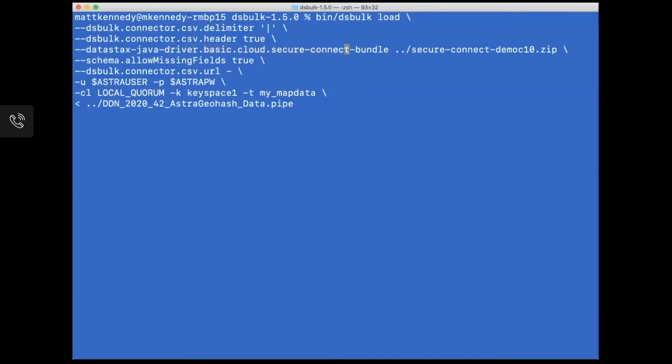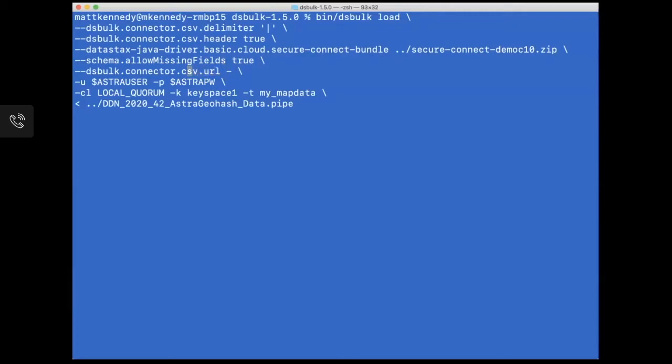So the columns in the database are the same values that you see on the column headers. Then we are going to give our path to our Secure Connect bundle, and we are also going to allow missing fields. In this case, there happens to be a field in the table that is not in the input data.